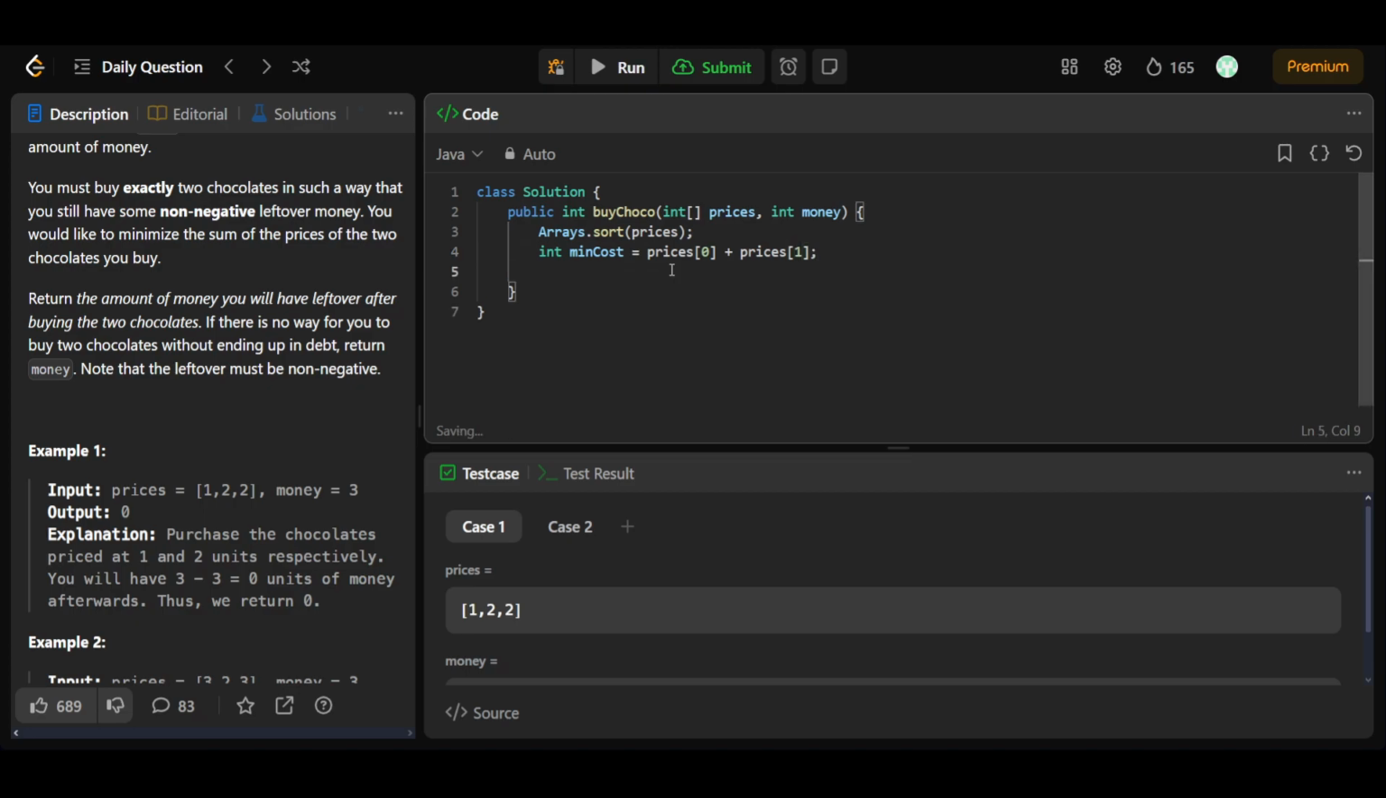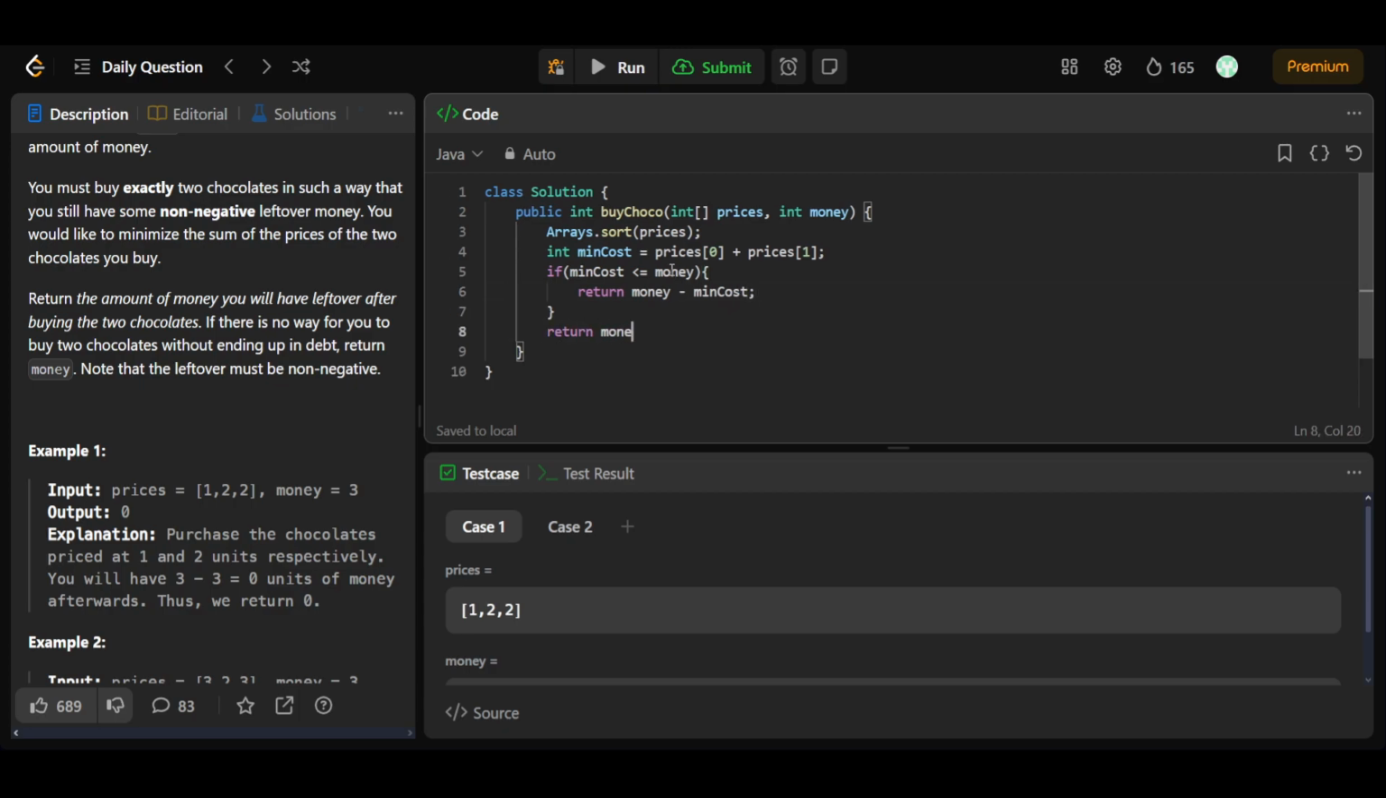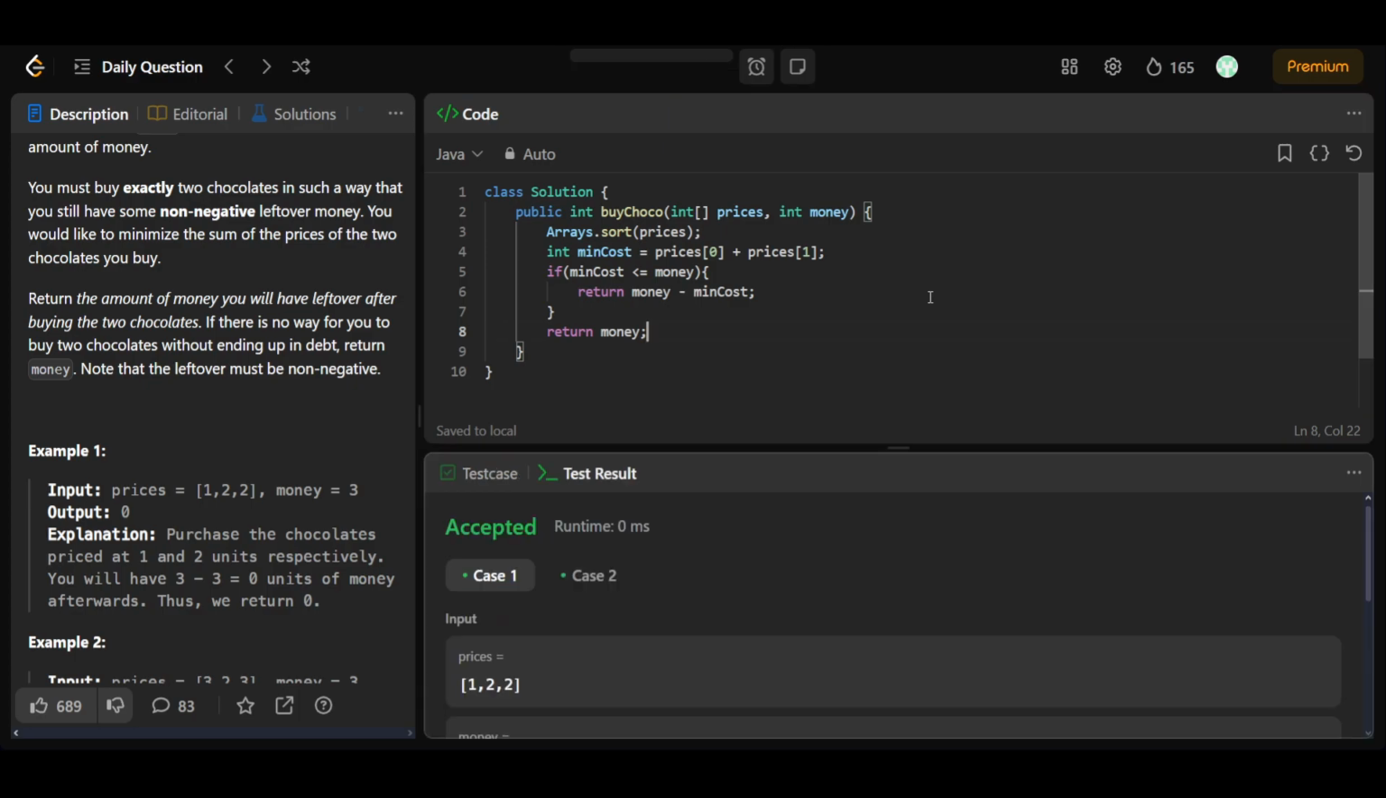Okay, so what we'll do here is check if minCost is less than or equal to money, then I'll simply return money minus minCost. Otherwise I'll just simply return money. Okay, so now let's run it, and it gets accepted. Okay, so now let's submit it,